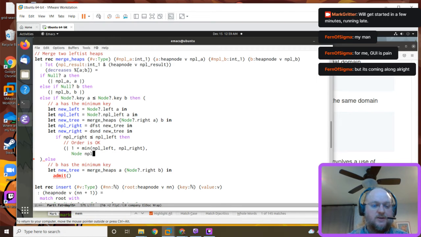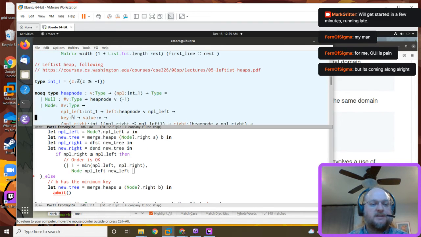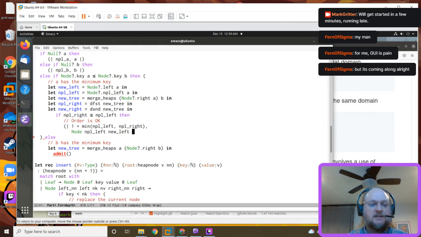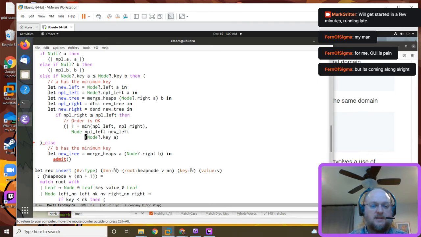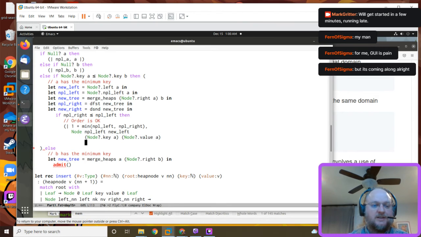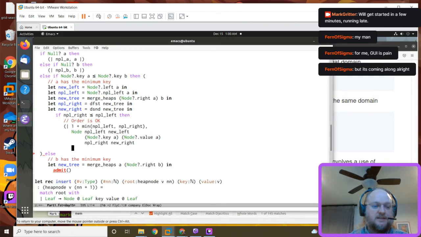So it's going to be the node with NPL left, new left. We need the key and value. So that is key of A. We picked A. And it's the value from A. And then we have NPL right, new right. All right. Otherwise,